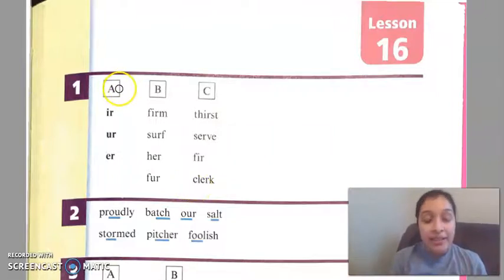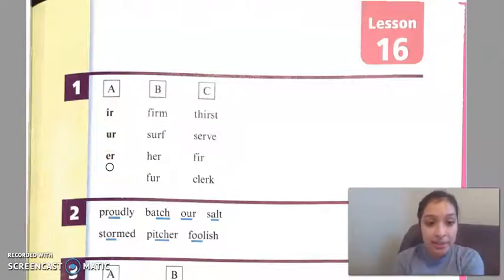So for part A, touch box A. Now touch the first sound. What sound? Yes, that sound is... Next sound. What sound? Yes, that sound is... So they sound the same, but they're spelled differently. Let's look at the last one. Touch the sound. What sound? Yes, that sound is... So if you look at each one of these, they're spelled differently, but they do have